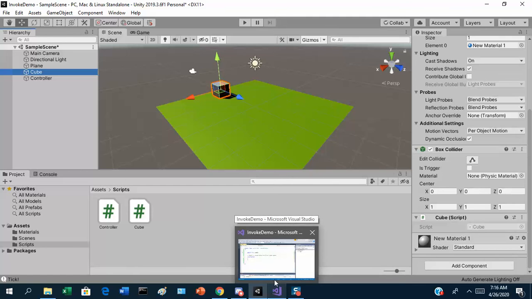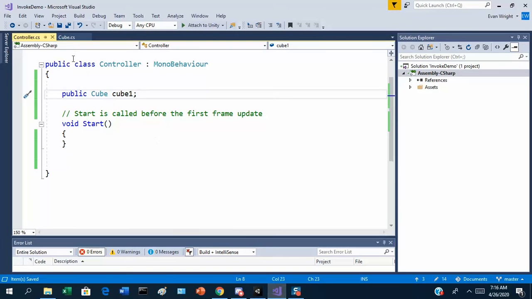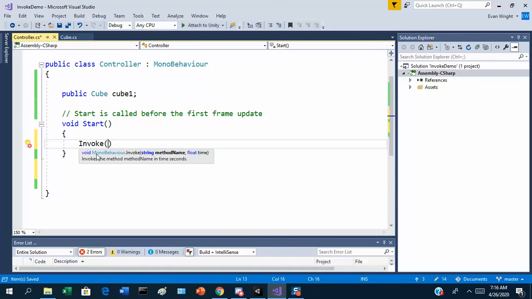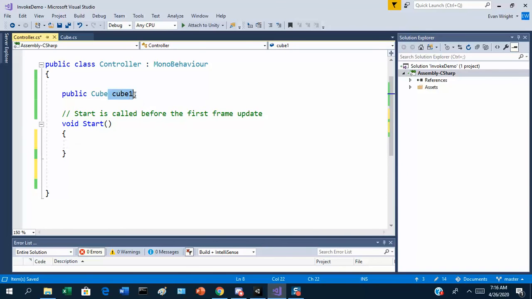And now let's go back to our controller script, and in the Start function here, I can now say, well, no, I don't want to type Invoke. If I type Invoke like that, it's going to invoke a function in this script. But I want to invoke a function in another script. Do I have another script? Yes, this guy,